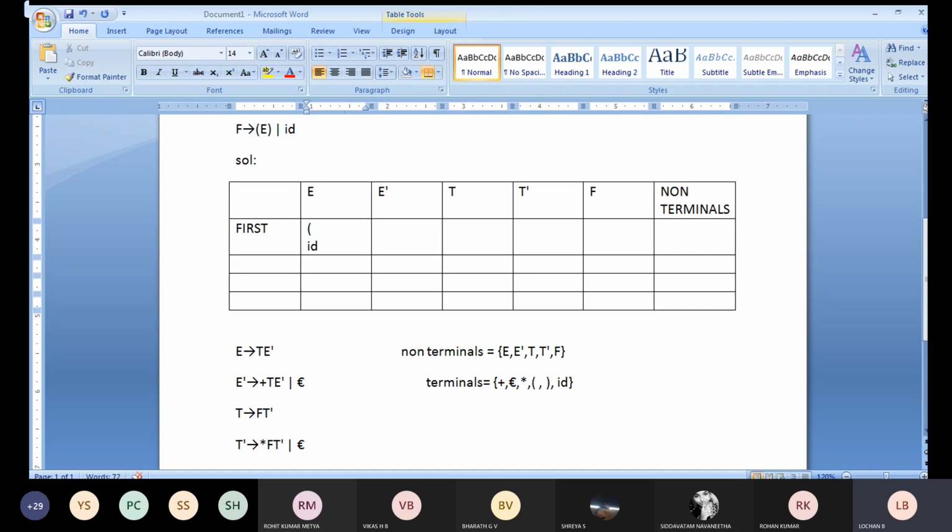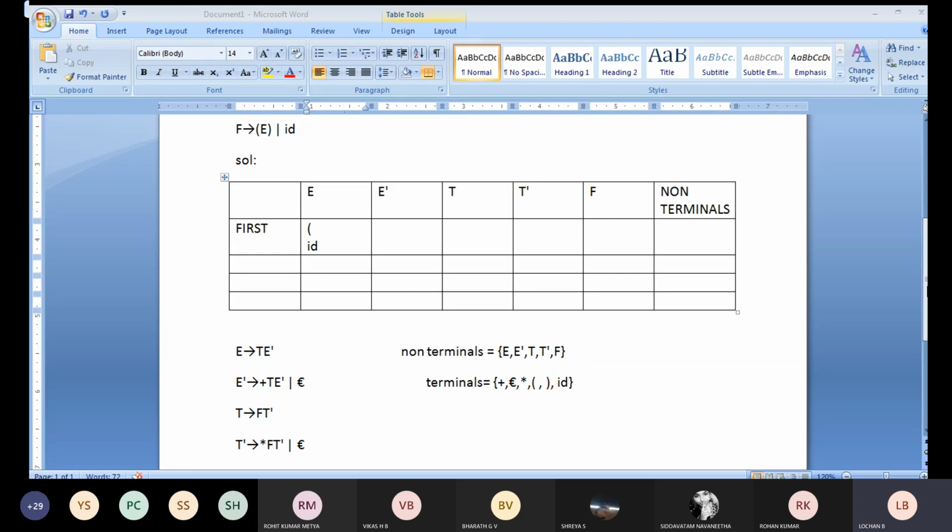Have you understood, or shall I repeat it once again? Rohan? Understood, sir. Okay. Sai Pratima? Okay, what about the other students? Maybe for all students I am asking whether you have understood, or shall I repeat it once again? Understood, sir. Shall I move to the E dash?